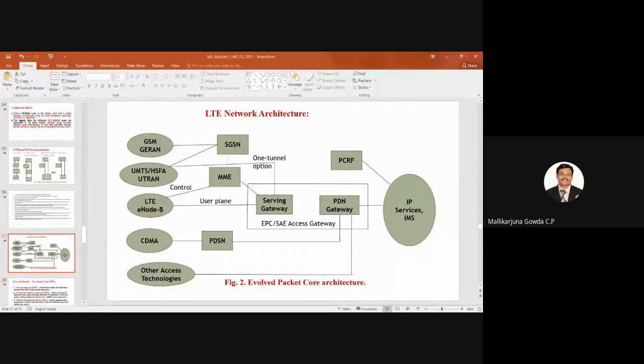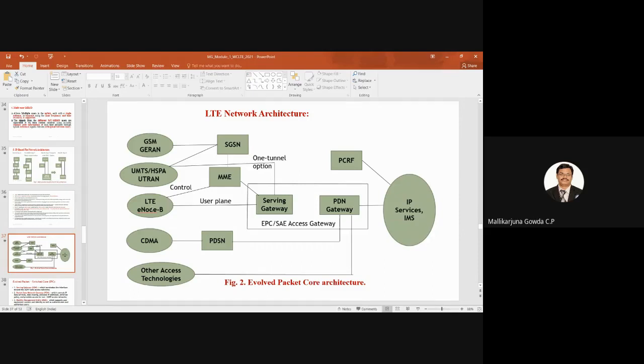Okay, so to get the flow of the 4G network first, I will tell. That is only the LTE network. As I said, along with that, even 2G, 3G network elements are also shown here, because all those things will be existing. It cannot be only the LTE standalone network. So to begin with, one more network element I have not shown, that is user equipment, that is mobile.